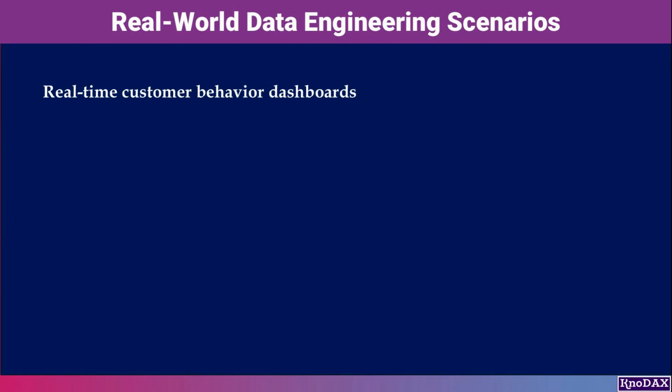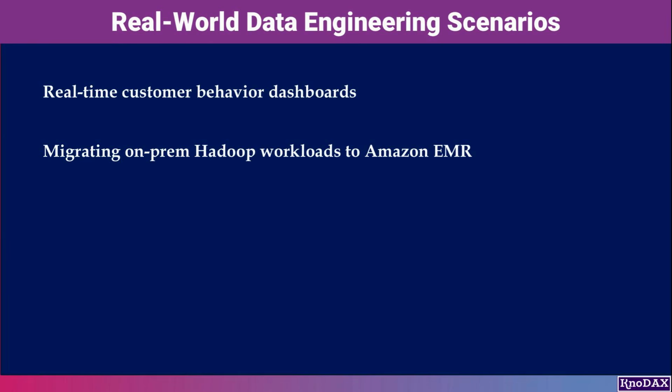or operational events. Another major use case is migrating on-prem Hadoop workloads to Amazon EMR. Organizations move to EMR to reduce operational overhead, scale more efficiently, and integrate tightly with cloud-native services like S3, Glue, and Lake Formation. This type of migration often involves refactoring existing Spark, Hive, or Presto workloads to run more efficiently